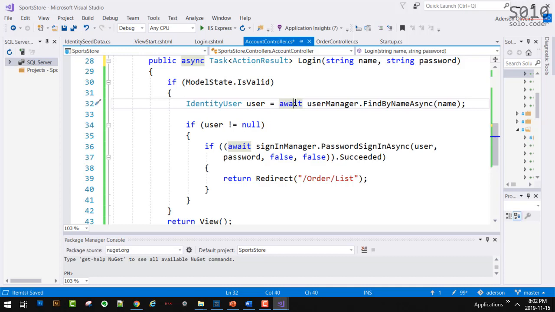We just want to go high enough to encompass both of them, both redirect and view results. So we change there, and we are done here. We're done with the login. Let's give this a try.